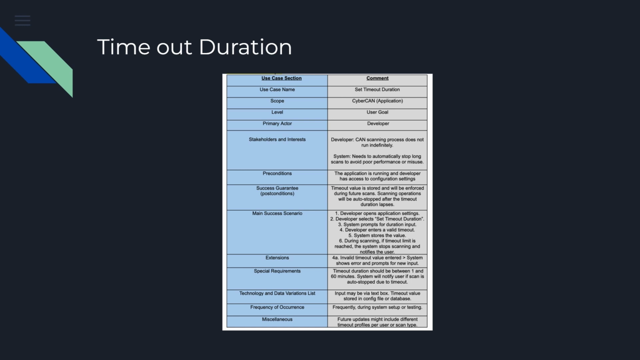So, the first one is the set timeout duration. That's the case name. The scope is CyberCAN. The level is user goal, and then the primary actor is developer. For the stakeholders and interests, the developer is going to be doing the CAN scanning process. Does not run indefinitely, and for the system it needs to automatically stop long scans to avoid poor performance or